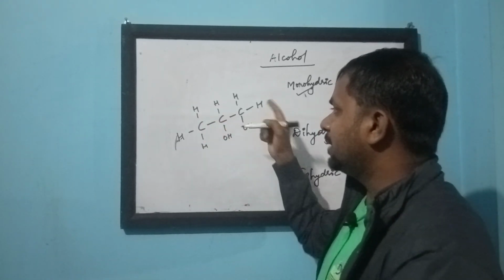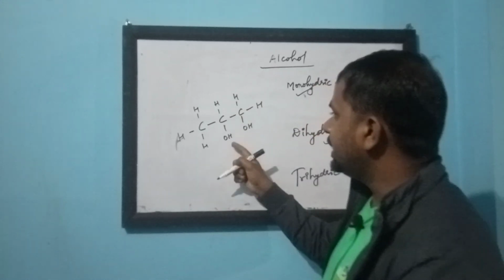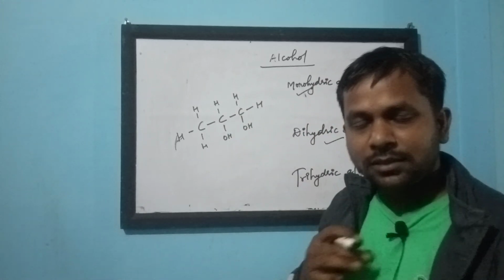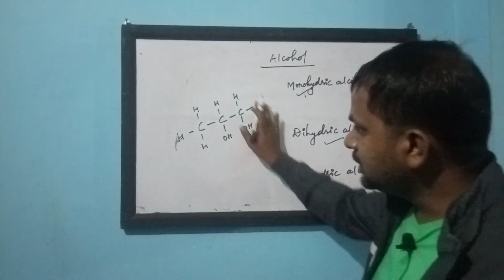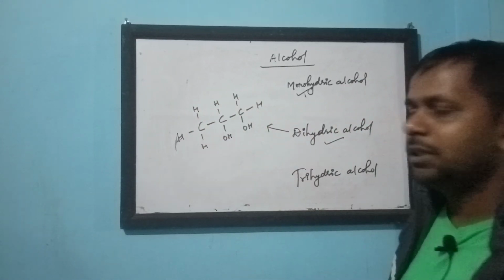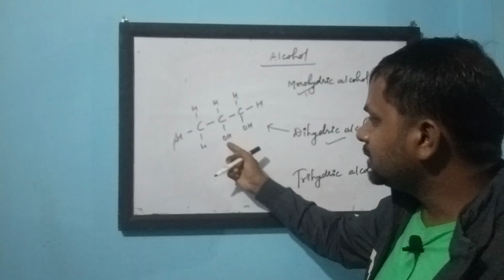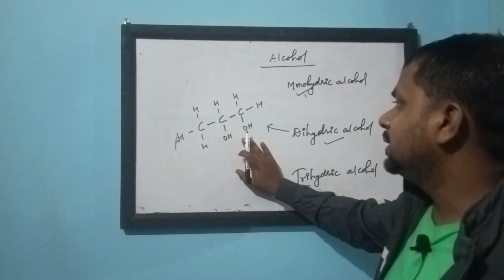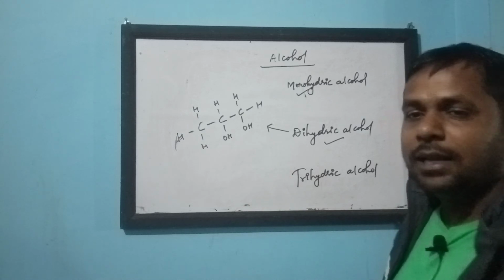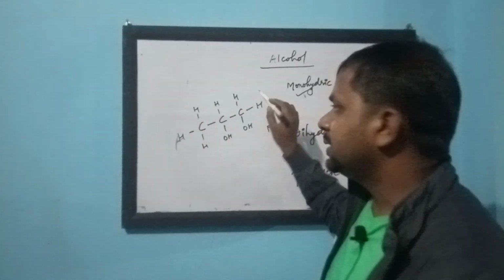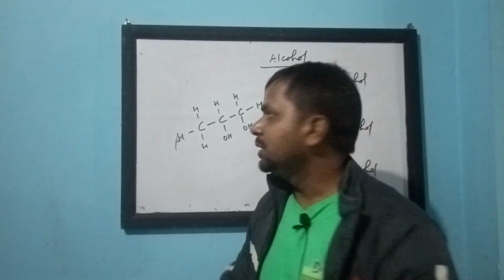Suppose there are three carbons, and at any two carbons there are OH groups, then this alcohol is called dihydric alcohol. Two OH groups, two hydroxyl groups, are present in the alcohol, then that alcohol is called dihydric alcohol. This is an example of dihydric alcohol. Similarly,